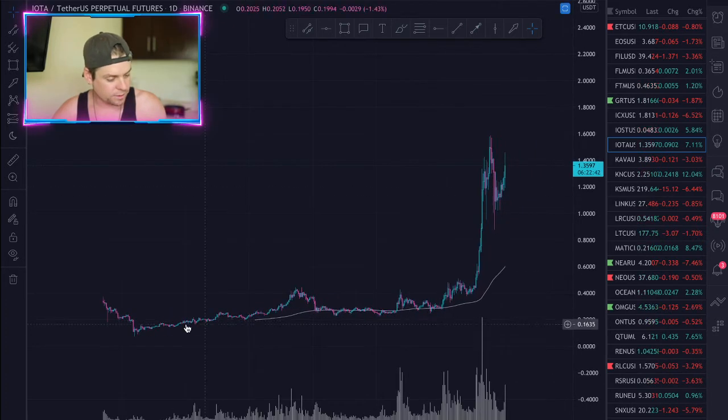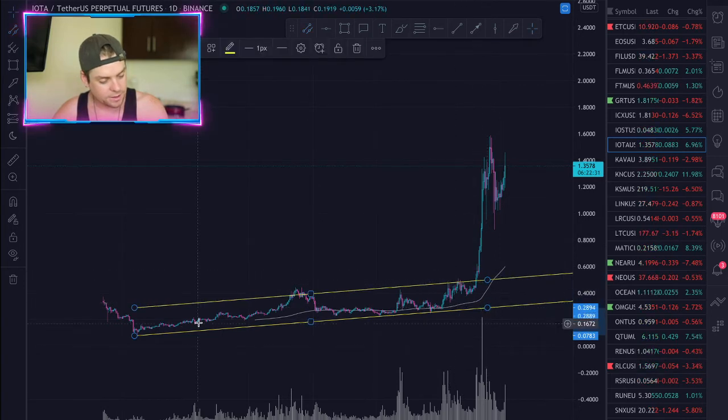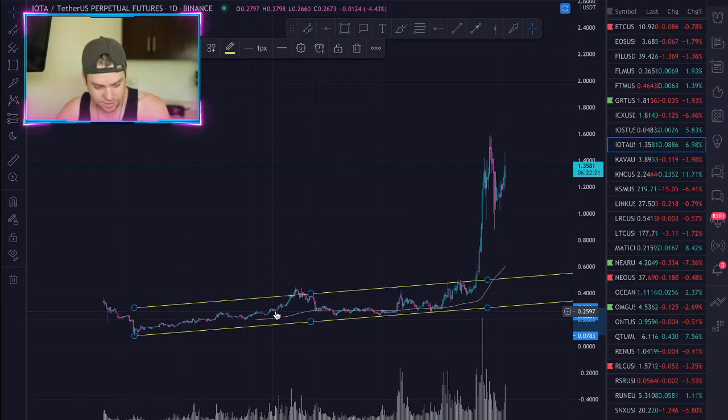And you see how we have this really long accumulation range here? This is how it works. Guys, when you zoom out, you see it. You can't unsee it once you see it, okay? These range-bound conditions are where you need to buy. You don't buy these green candles. You just don't. You buy the range-bound condition. What's doing this right now? Reef. Reef is doing this right now.